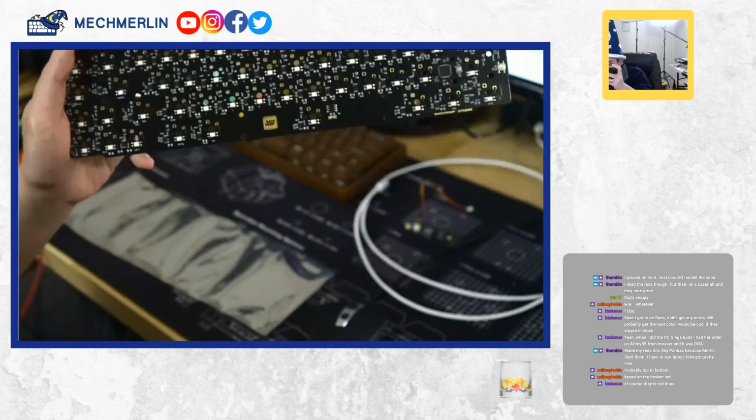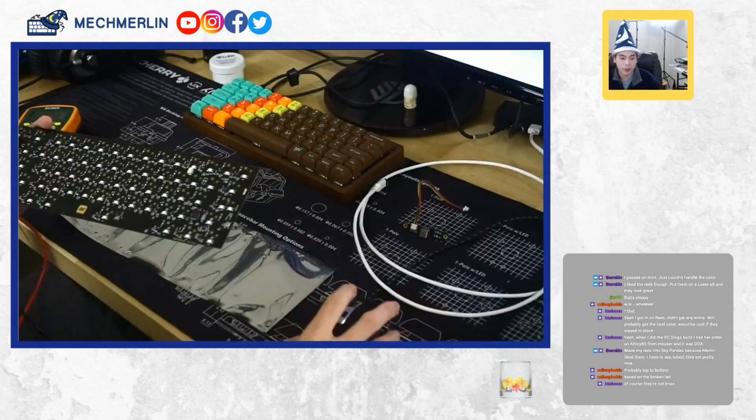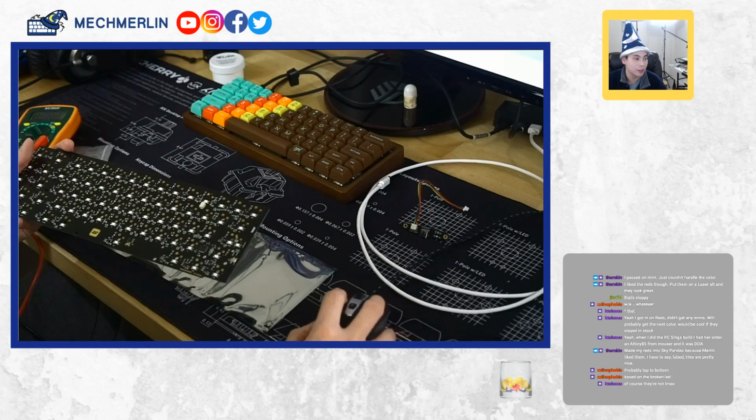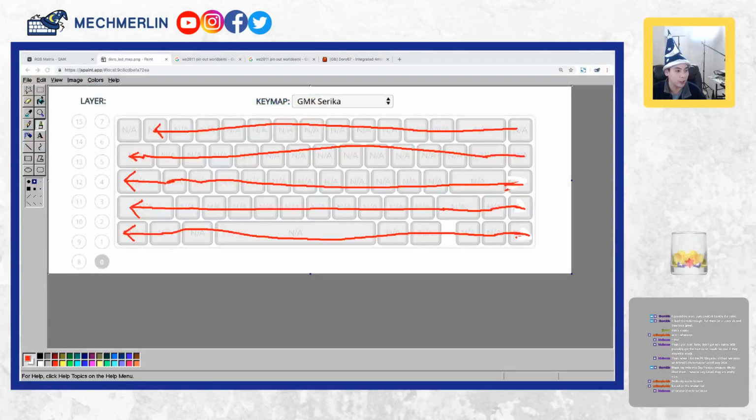Man, you guys can't see that. Okay, well, for example, let's just draw something here so you guys know what I'm talking about. It's really frustrating. So imagine that you have a switch right there, and then you have a resistor. Then you have another switch, and then another resistor. What I was finding was that